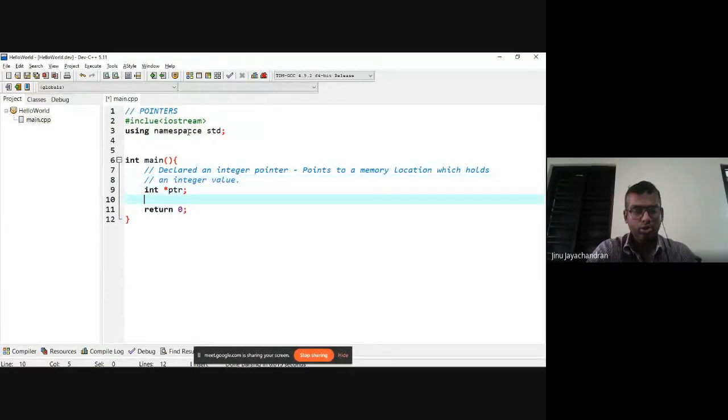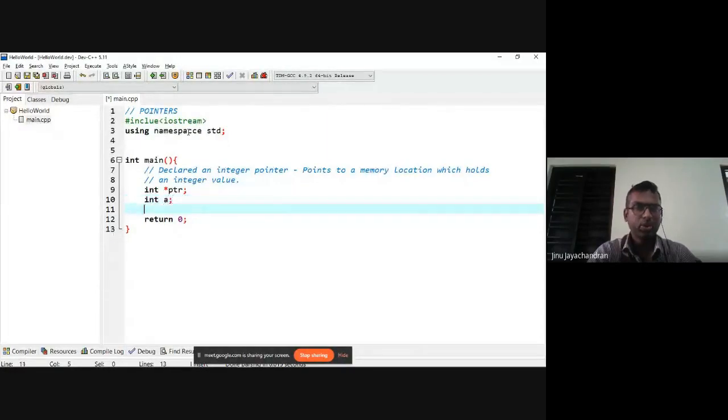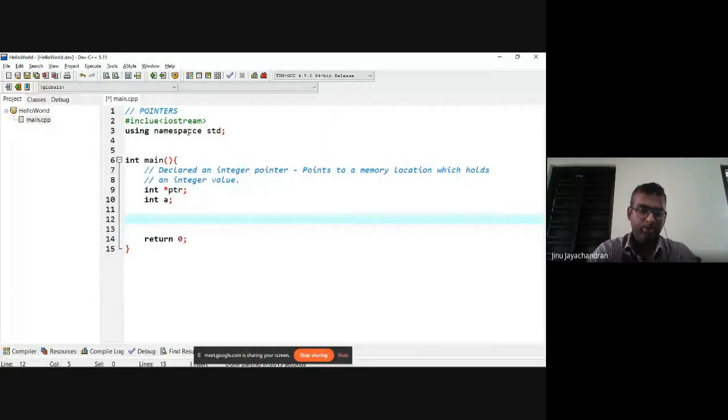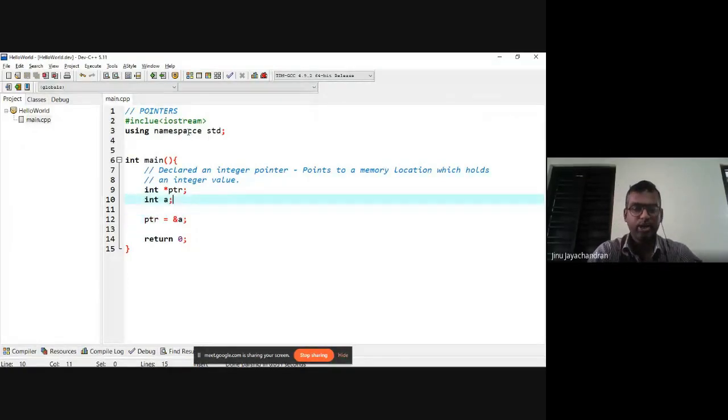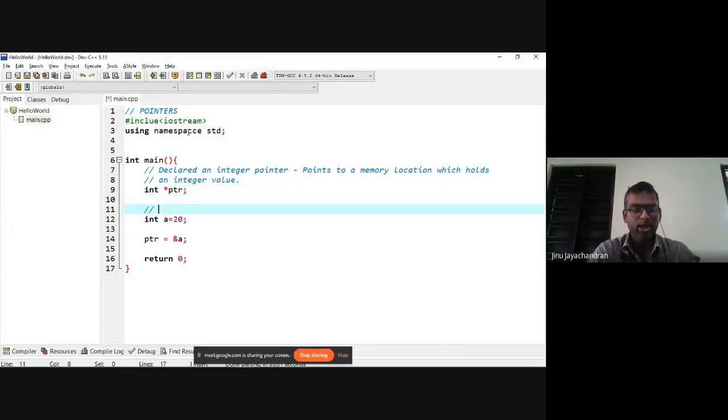Now I'm also going to declare an integer variable, let's say a. And then I am saying ptr is equal to ampersand a. Let's say my variable has value 20. So this is basically the declaration of an integer variable with value 20.